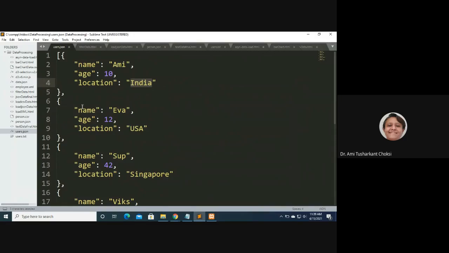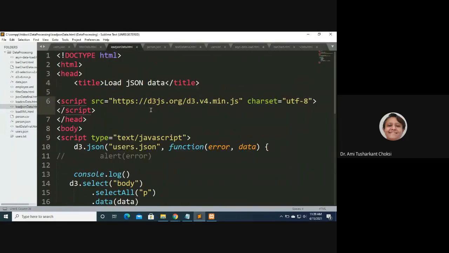Now we want to load the JSON data file, data.html. Now we are looking at the HTML file. This is what I was telling you, that we have to load the d3.js. When we pass the mouse like this, it is getting changed, so take care of that.